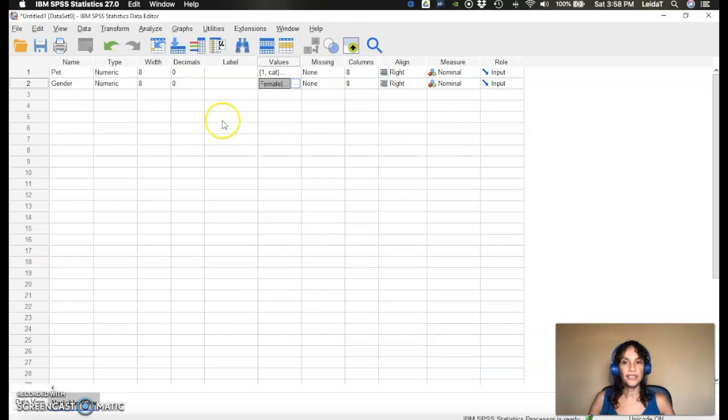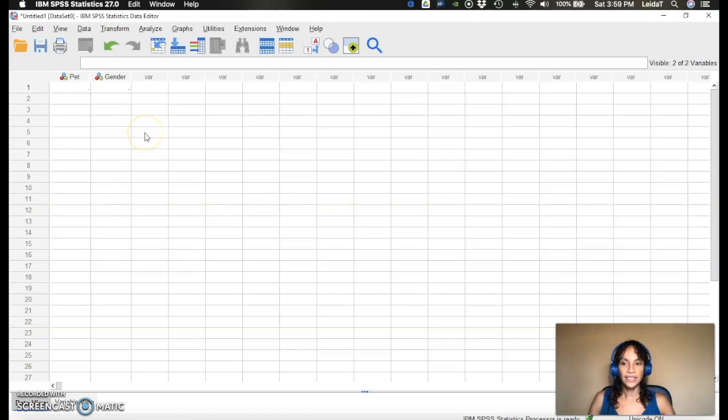So now I've specified my value labels, or values, not to be confused with label, which is just another word for your variable. I can just type it in here just so you can see the difference. Type of pet. It's more of a descriptive of your variable name. So we got the name of our variables, the type, some labels, the values for each of the categories corresponding to type of pets and gender, and the measure which corresponds to the measurement scale. So if we go back to data view now,